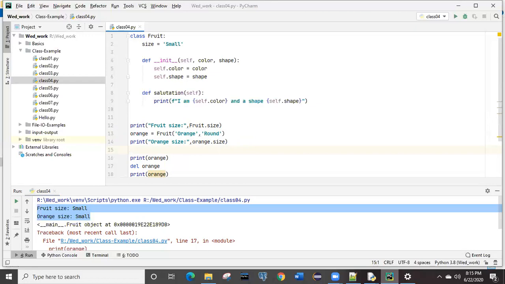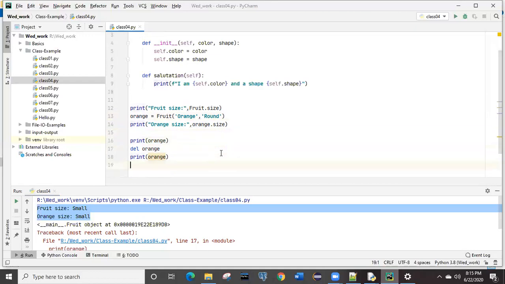No, no. We will talk on this line number 13 later on. Now what we are doing over here, we are printing the object. We are printing only the object, right? Printing of object only means we have created an object orange and we are printing only the object, not the content of the object.